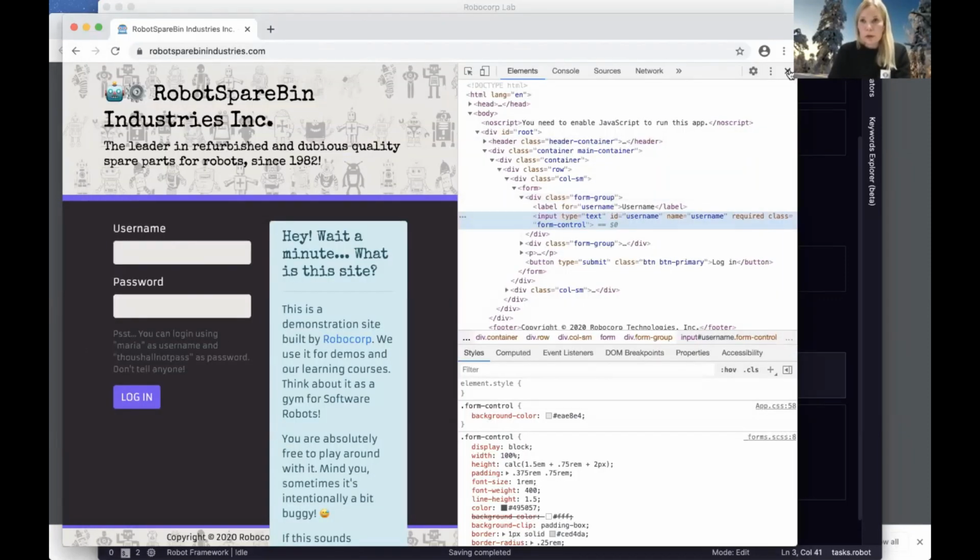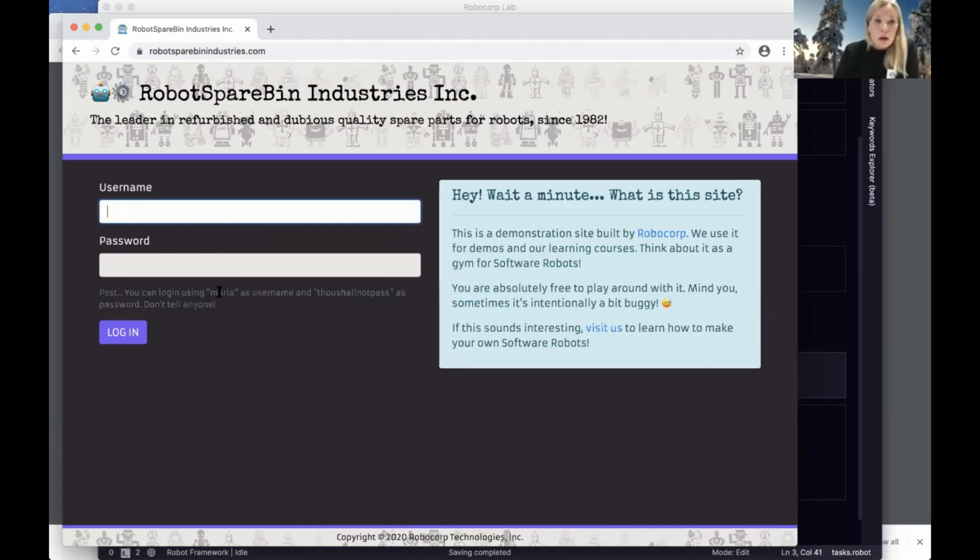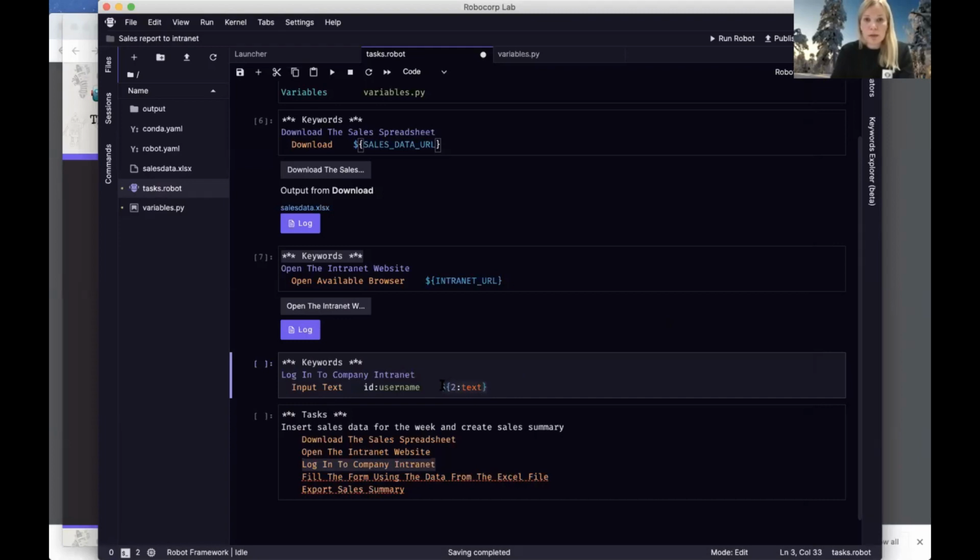And of course, we also need to tell it which username to use. Here, on the login page, we are telling the user that you can log in using Maria as a username. So we could write this Maria to the code itself, to the text argument. But actually, this is not a best practice because we don't want to write the username and passwords to